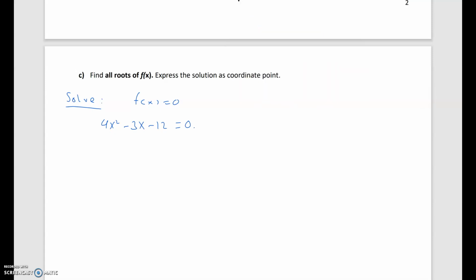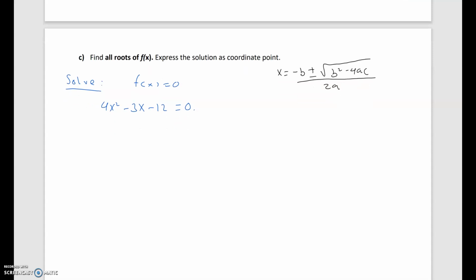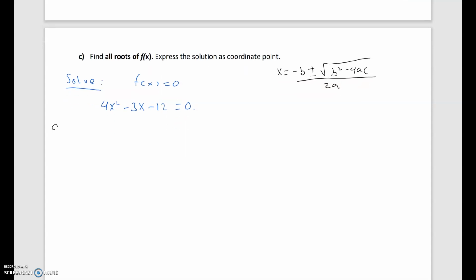Make sure to add the quadratic formula to your formula package. So x is equal to negative b plus or minus the square root of b squared minus 4ac divided by 2a. And for this problem, we have that a is equal to 4, b is equal to negative 3, and c is equal to negative 12. So as we apply the quadratic formula, we're looking at x is equal to, in this case,